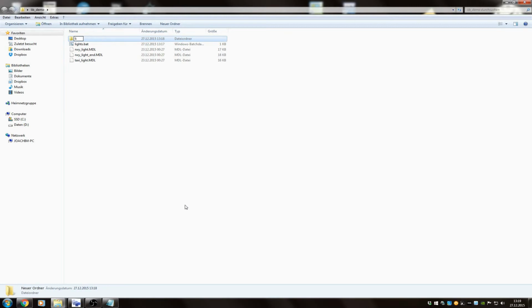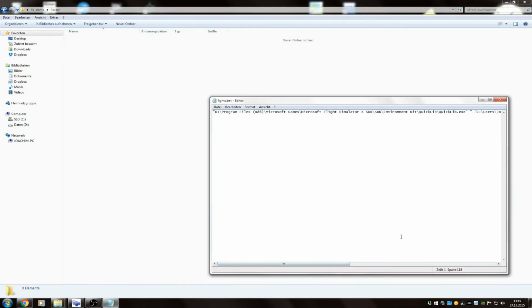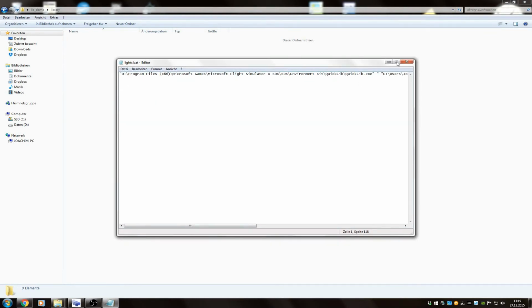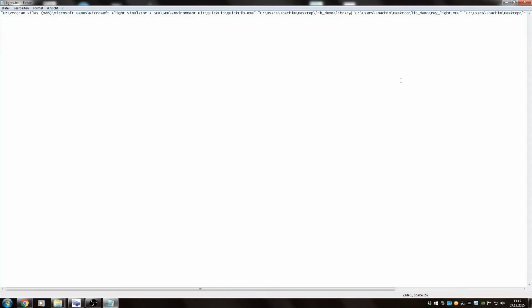Call it library. And we want to have the BGL in this folder. So we just copy this. That's the path. Insert it here as the first argument. Add a name. Let's name it